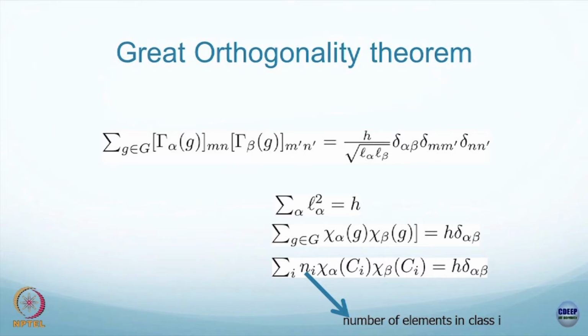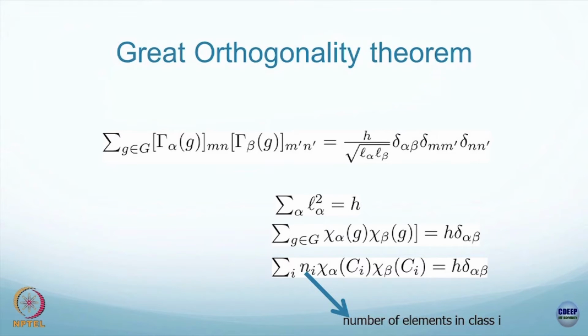So, these are matrices with mn element, a specific element of that matrix, multiplied with some other specific element of another irrep matrix, and if you take the sum over all the group elements of them,